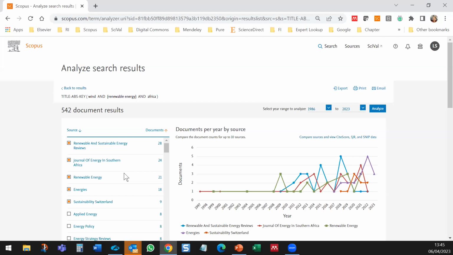They don't have the most status, they don't have the highest site score or journal impact factor, but in terms of volume, they have the most publications on this specific topic. So Renewable and Sustainable Energy Reviews, this journal has the most publications related to this specific research topic. So it's important, if this is an important journal in your field, to also look at